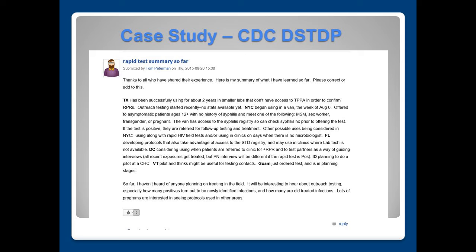interpret that. But I had some good conversations with Sydney from Texas about the use of the rapid test there. They've begun using it, and they had great success in STD clinics, and they're just beginning outreach, so they're not sure about outreach yet. From New York City, a really interesting thing I learned was that they're using it as outreach in a van, and they don't know much yet about how many advantages and